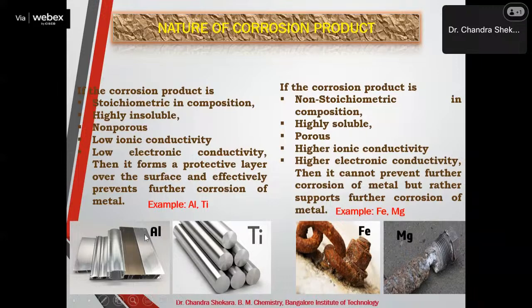And this type of oxide layer gives protection to the inner part of the metal, and it prevents the inner part of the metal from undergoing corrosion. And this category of metals, we call passive metals. And passive metals, even though they exhibit very low, negative electrode potential values, when they are exposed to the environment, do not undergo any corrosion. Only their outer layer undergoes corrosion. And the inner layer remains unaffected.